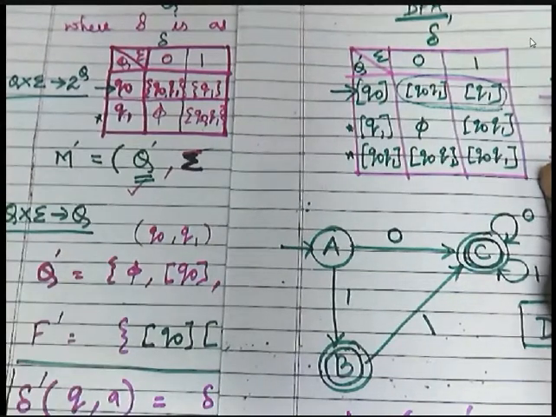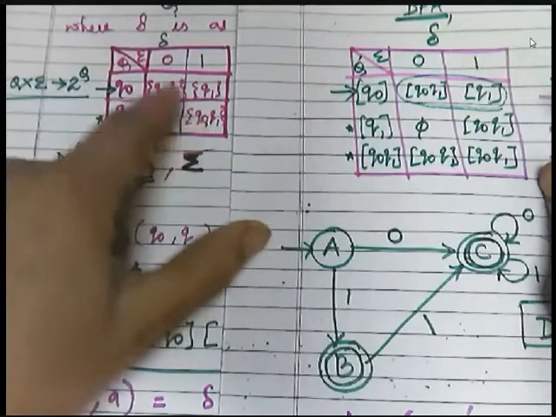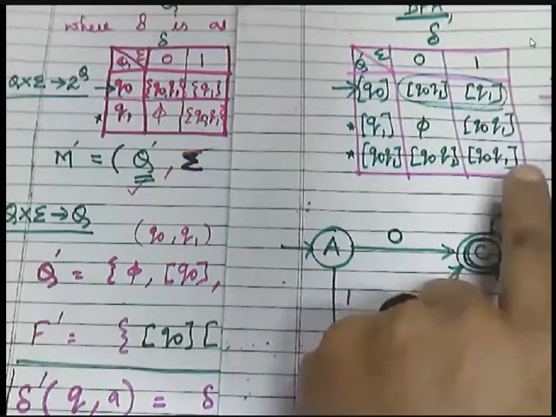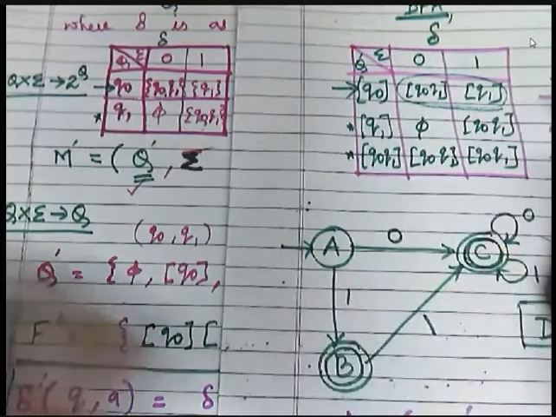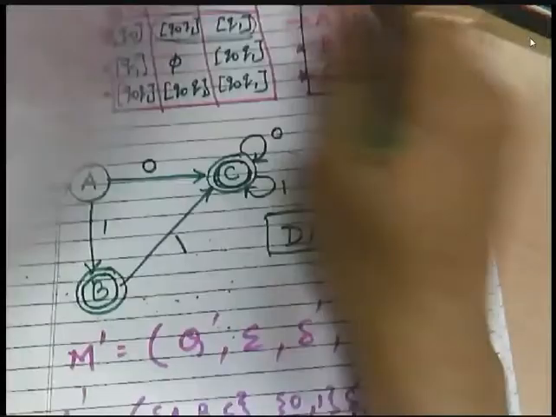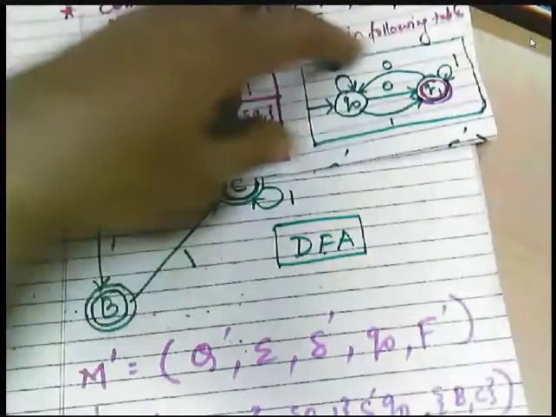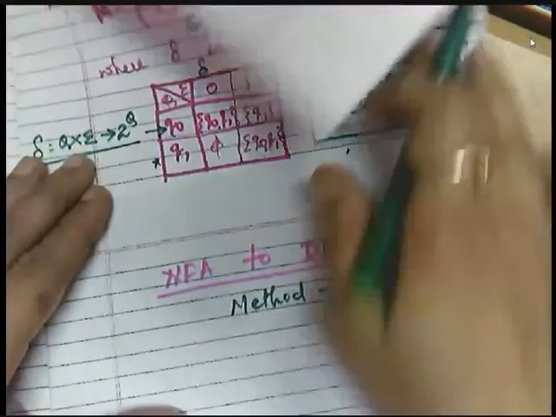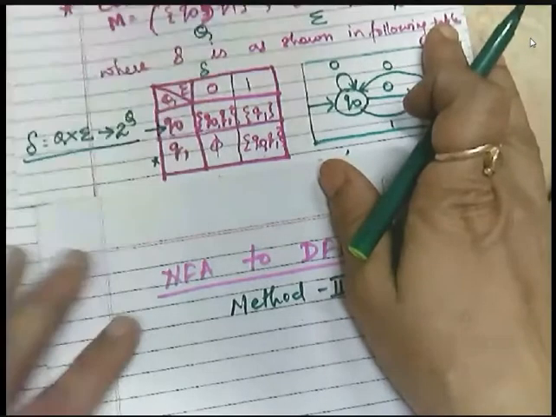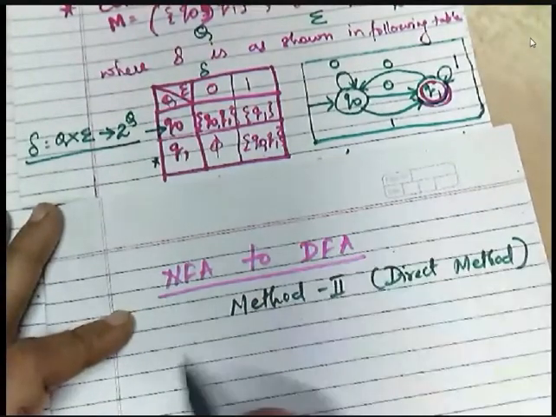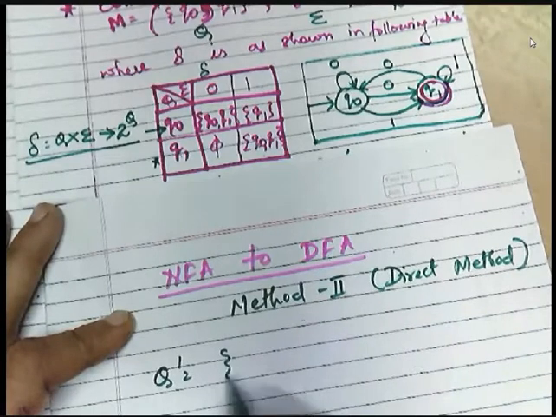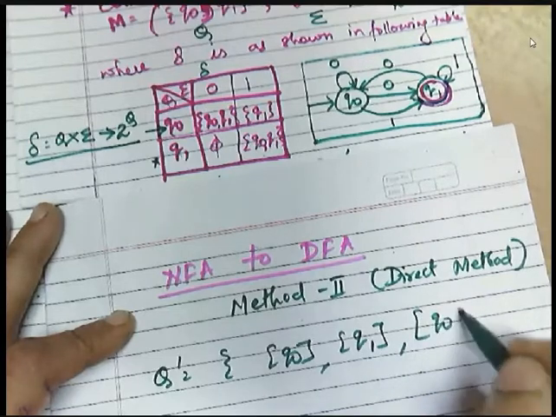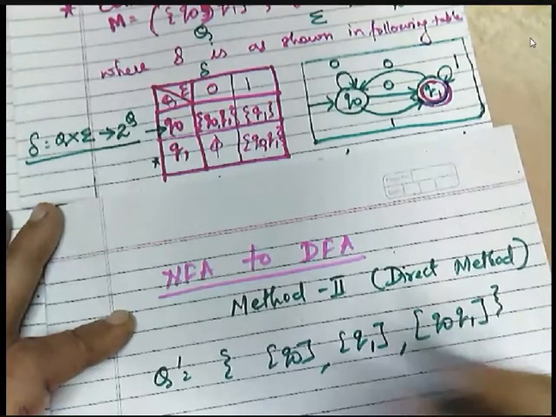The only other change is that as new states are added here, the same row is added here in DFA, right? And we have identified what will be the transition for this. So the same concept will be applied for converting the NFA to DFA. So what we will do? We will start working on this. How many states will be there? There will be 3 states. Just now we have seen in Q dash, the states will be Q0, Q1 and Q0, Q1, right? So we will start from this table.